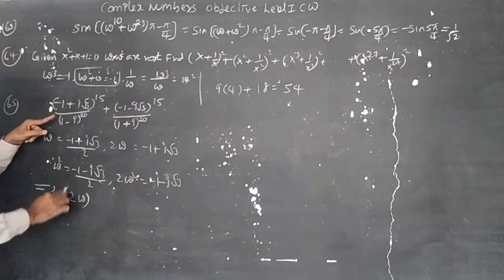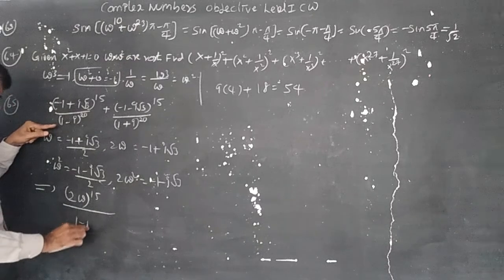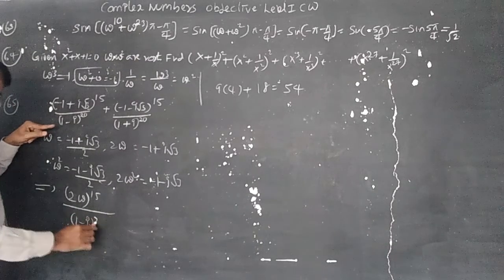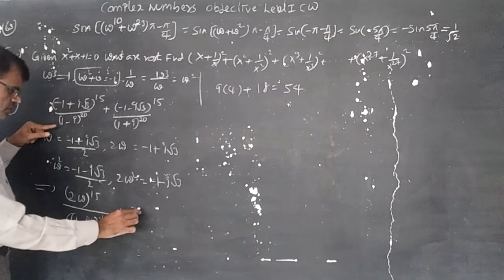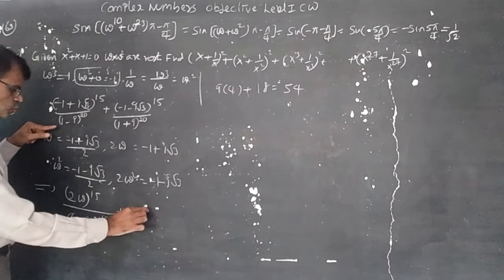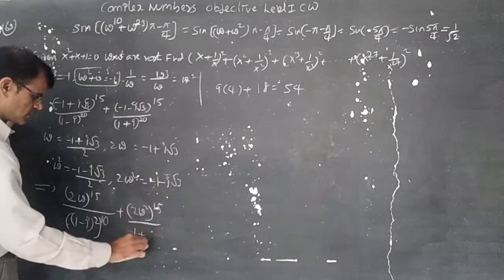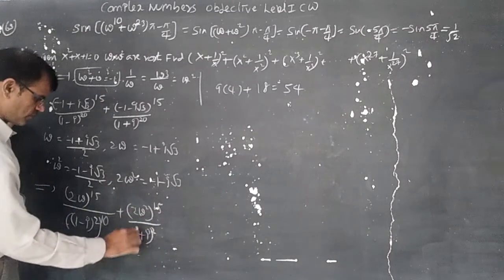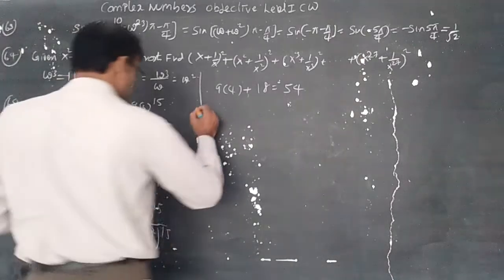This is (2 omega) whole power 15 by ((1 minus I) whole square) whole power 10, plus (2 omega square) whole power 15 by ((1 plus I) whole square) whole power 10. That is equal to